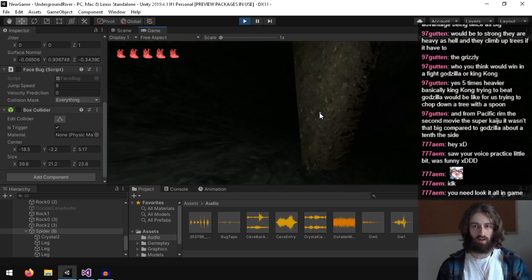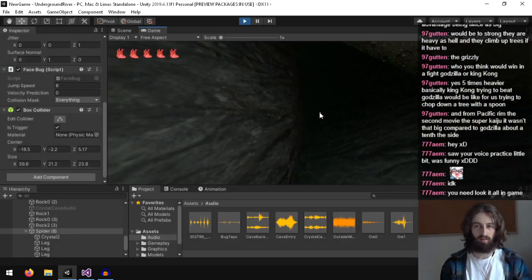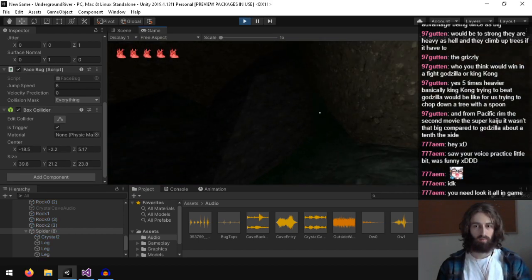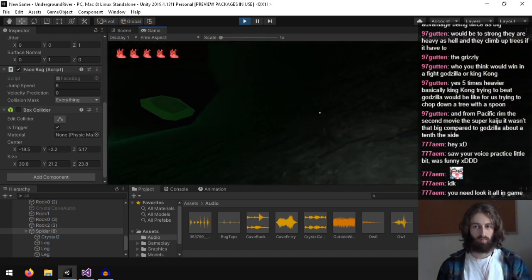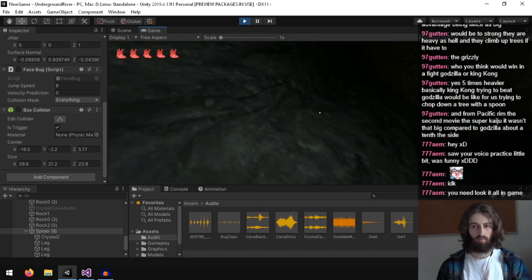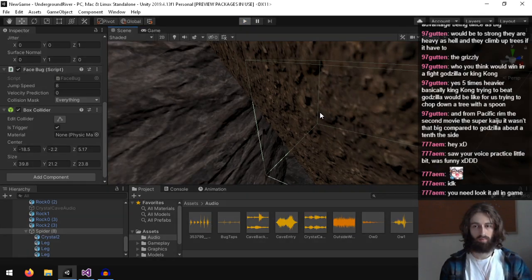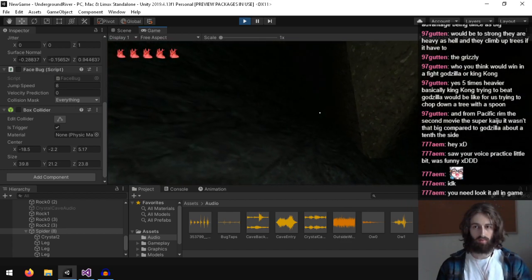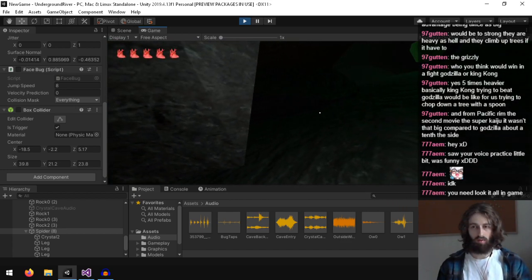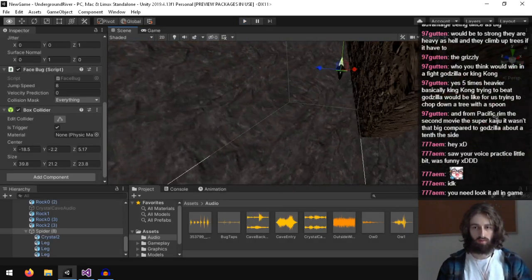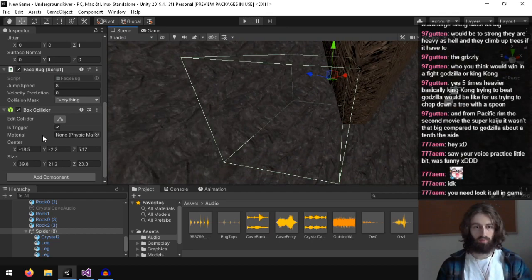Okay, I think it hit that right there instead of going for me. It's hard to tell what it's doing. Yeah, I think it jumps too early. It definitely jumps too early.